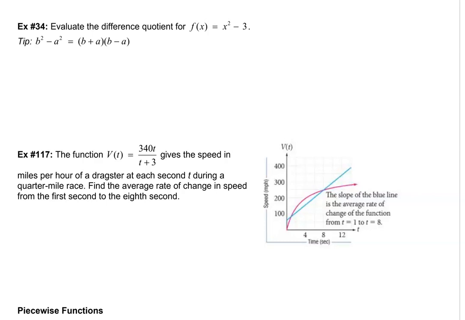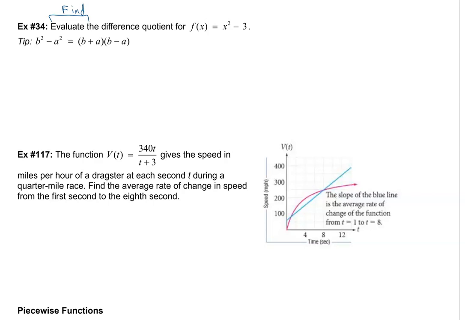So example number 34, welcome back, 1.3 part 2. Example number 34 says evaluate the difference quotient for f of x equals x squared minus 3. Now that language, this is out of our book. It's not as clear as it could really be. I'm going to say, let's say find